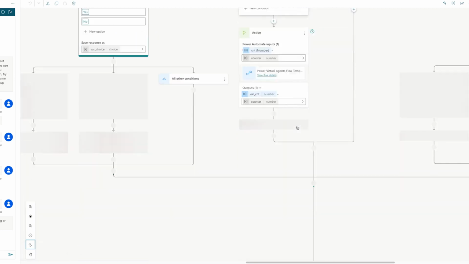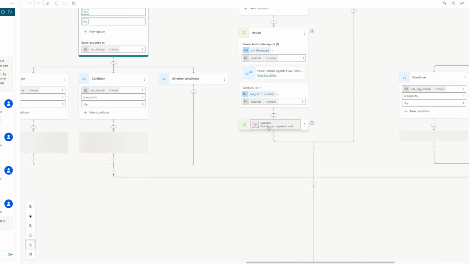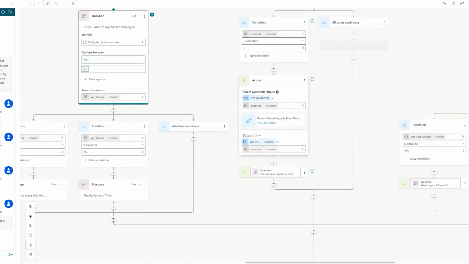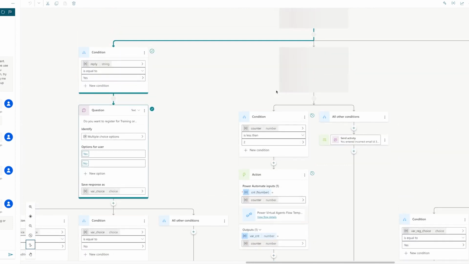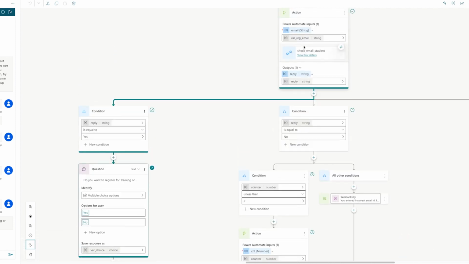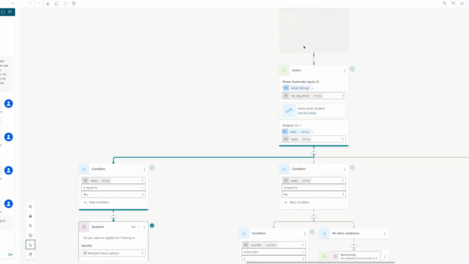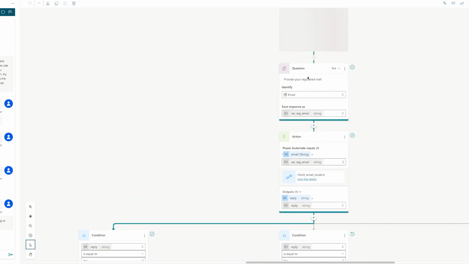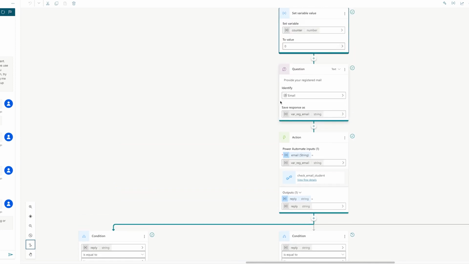Then we directly jump into that part we have already created, where we say, please provide your registered email. But here I have added 2 things. Here I am checking the condition for the counter. Why? Because when the chatbot is asking please provide your registered email, before that I added the counter.